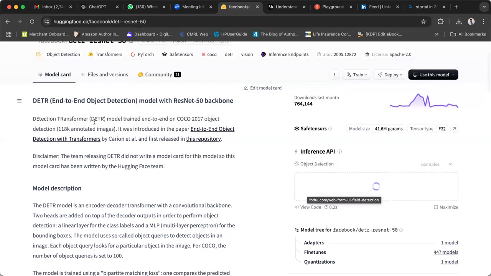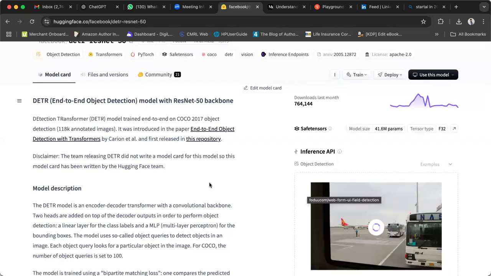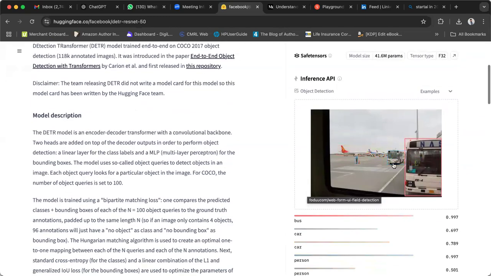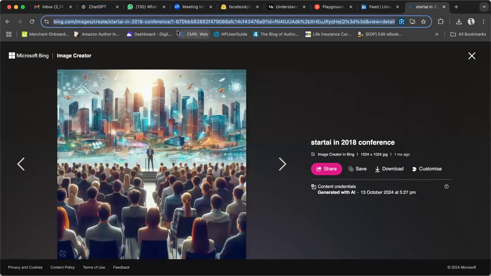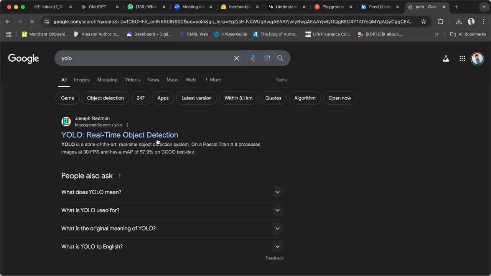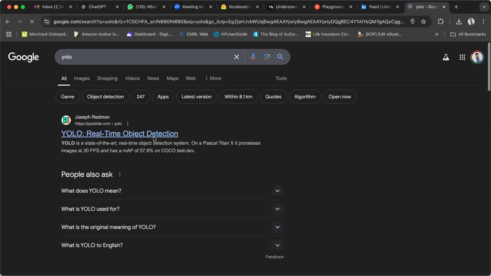There is the detection transformer model trained end to end, and there are so many things. Just see this image and how it is identifying each and every object. This is an airplane, this is a bus, a human being. This is how it has been identified. And a much more advanced application is YOLO, which does real-time object detection.